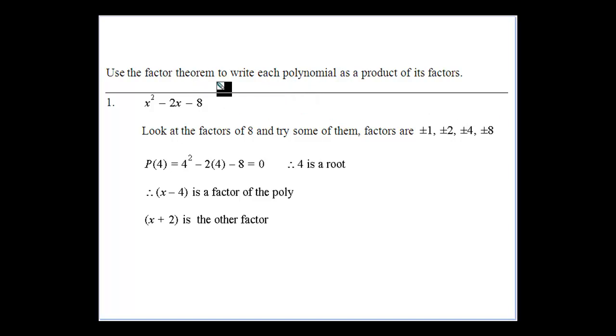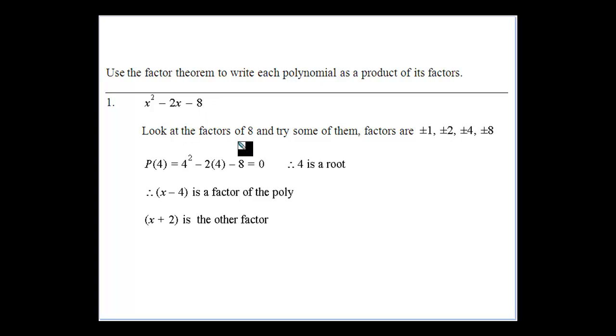So, using the factor theorem to write polynomials as a product of its factors, this is really where the factor theorem comes into play when we start to factorize things beyond quadratics. Now let's do it on a quadratic to start off with. We know how we can factorize this one, but what we want to do when we try and factorize these ones is